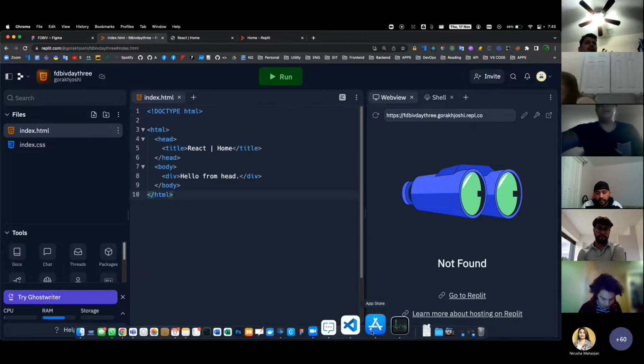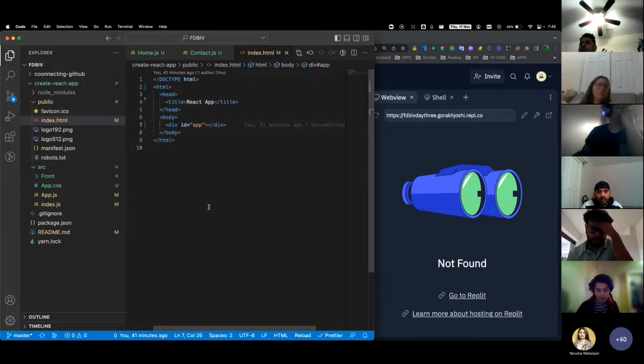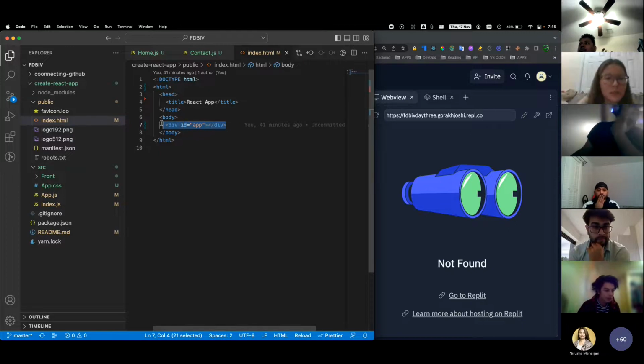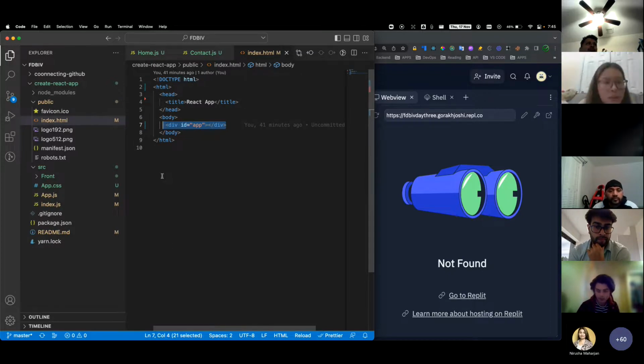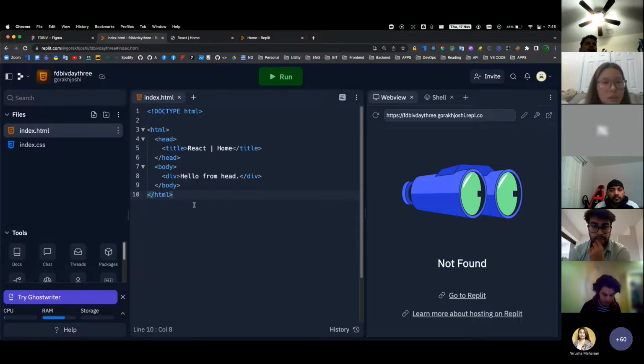I told you that we will not touch this file anymore. That's why we will not increase this body. We only always write a single tag here. That's why don't try it in React right now in VS Code, okay? So you can create a separate environment in VS Code as well, but it is better to do it here if you want to do